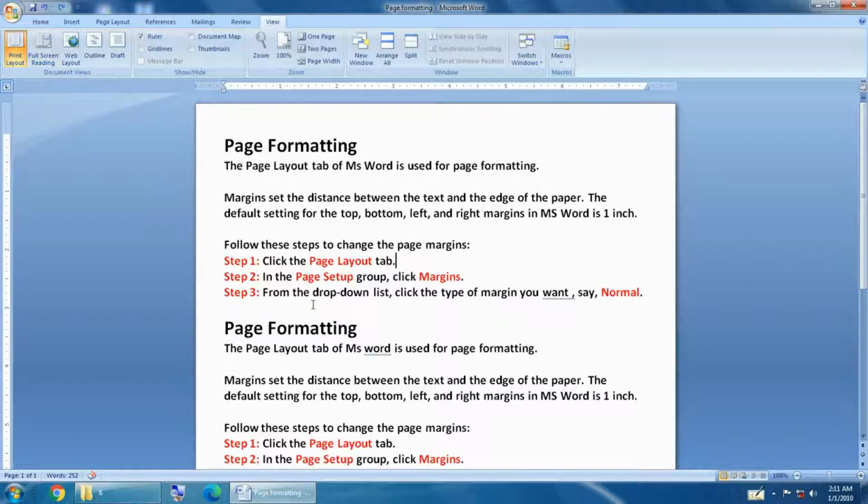Follow these steps to use the ruler to change the page margins of the document. Step 1. Click inside the document to select it. A ruler will now run horizontally across the top of the document and vertically down the left of the document.